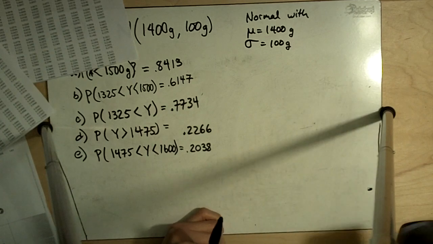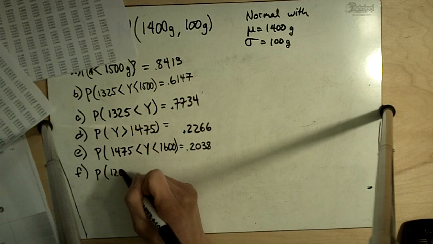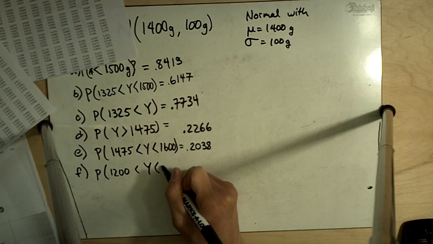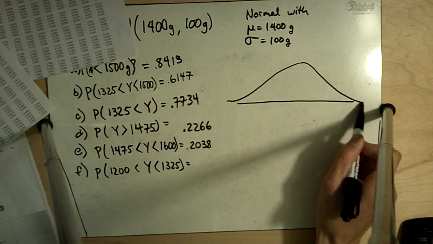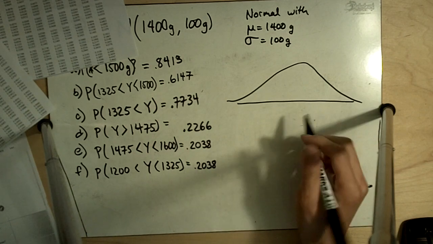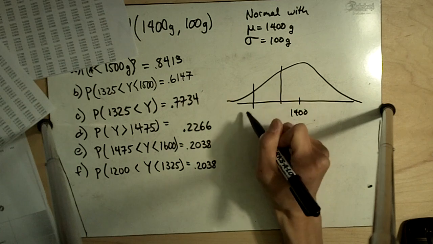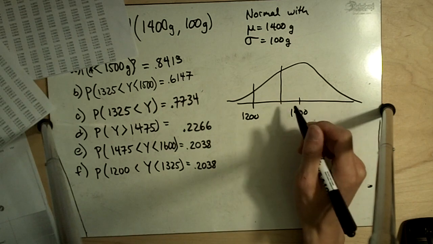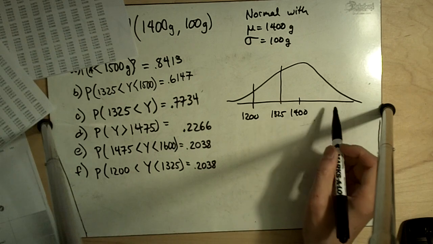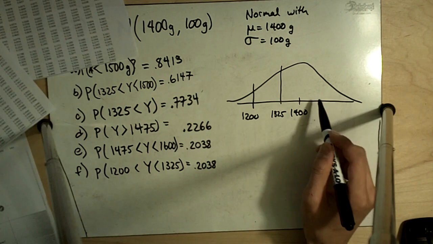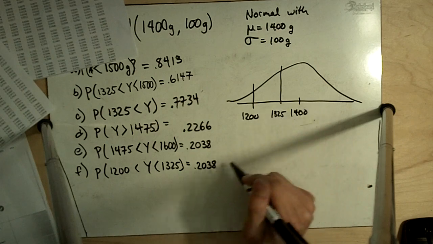And finally, part F asks, what is the probability that it's between less than 1200 and 1325? And I can already tell you that the answer here is also going to be 0.2038. And that is, once again, because of symmetry. 1600 was 2 standard deviations above the mean, and 1200 is 2 standard deviations below the mean. And 1475 was 0.75 standard deviations above the mean, and 1325 is 0.75 standard deviations below the mean. So once again, because of symmetry,